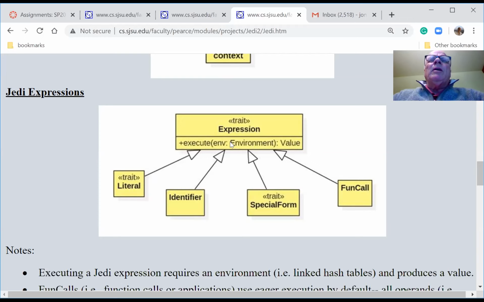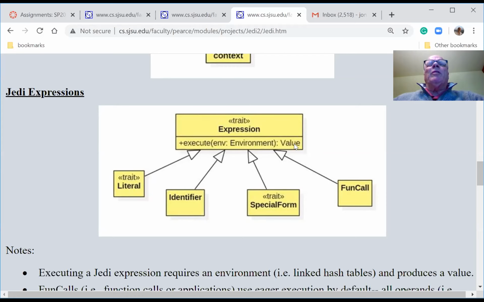We need this because you can say, well, what's pi times 2? In order to execute that, I need to know what pi is. So this environment is like a lookup table where I can look up the value of pi and say, oh, it's like 3.14, so now I can multiply it by 2. And this produces as its output a value.